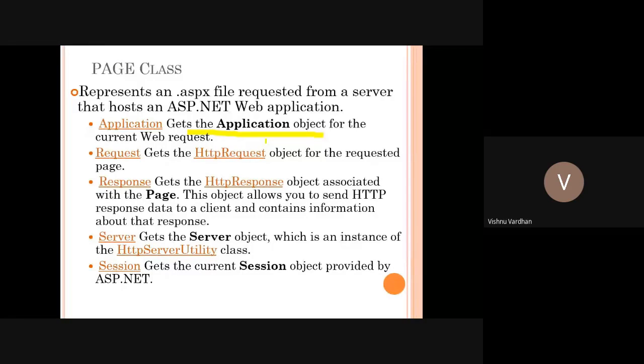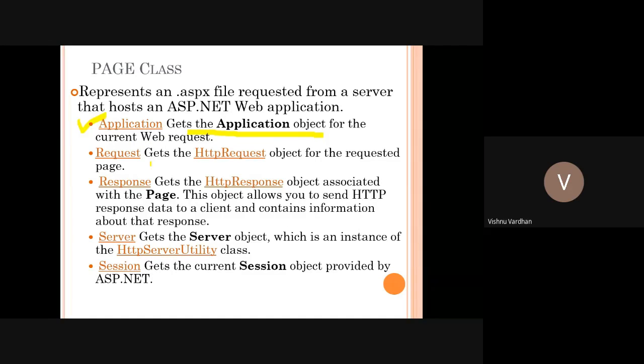So अगर आपके पास 10 वेबसाइट्स हैं, तो 10 वेबसाइट same server से चल रहे हैं, हर एक वेबसाइट का एक dedicated application object run होता रहता है, application run होता रहता है web server के अंदर. So in that way we can understand. So this application is unique for all the web pages of your current web application, and it is unique for your web application also. Things will not be changed when you store the information in this application.